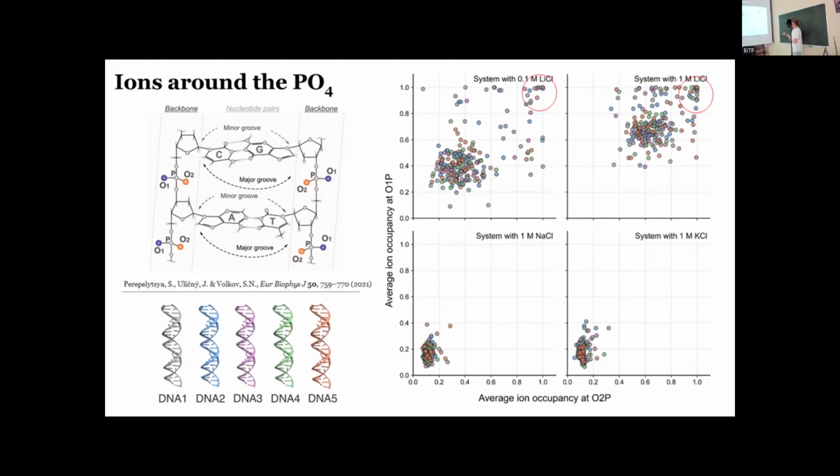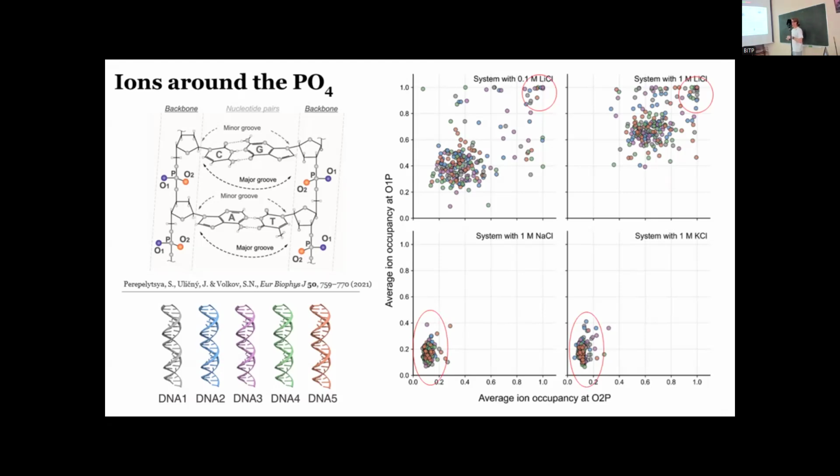But in the case of the sodium and potassium ions, they are preferably bound to one oxygen atom of the phosphate group, and it's a rare event where both oxygen atoms can be coordinated by the ions, as happens with lithium. I would also mention, maybe better now, that our analysis shows